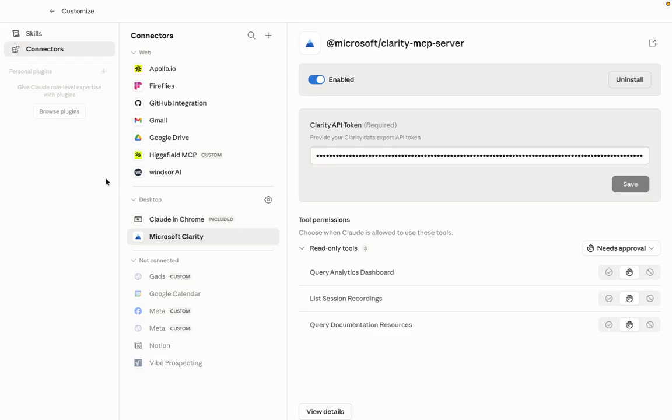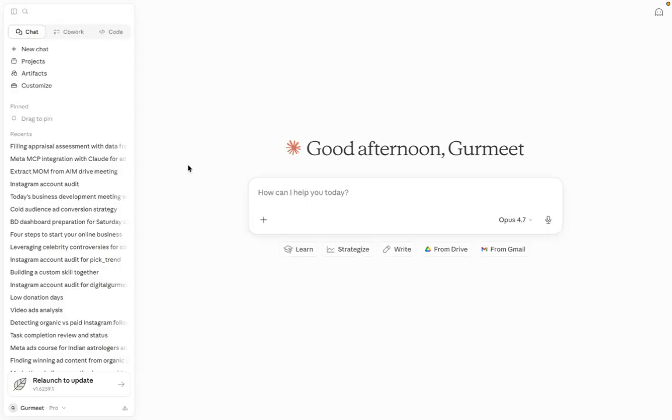Now we can check one test also. Show me website scroll depth last 30 months.